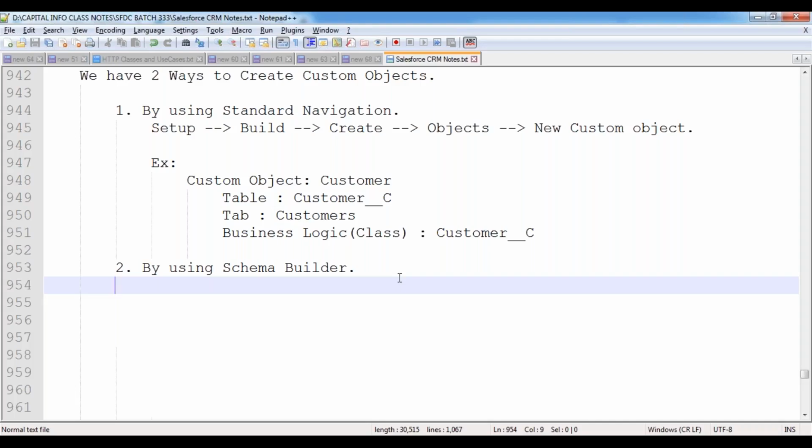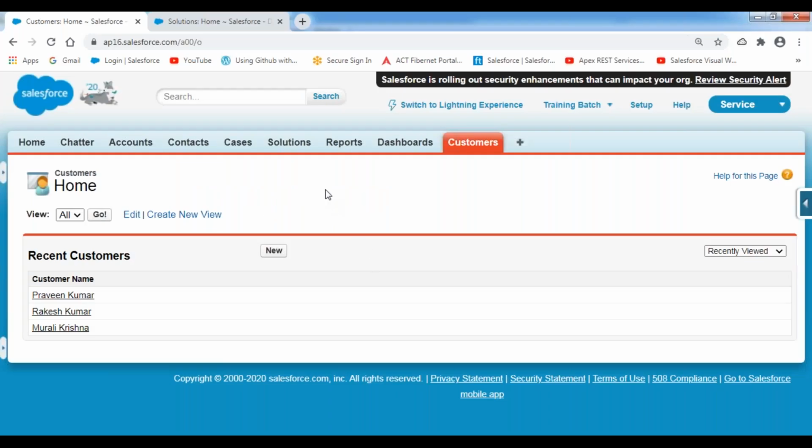Now, in this case, you can raise a question. Sometimes the client will raise a requirement like this. I want to create a table, that's it. I don't want a tab. The client says he wants a table in order to store some records. It may be related to loans or anything. He wants a table, but he doesn't want a tab